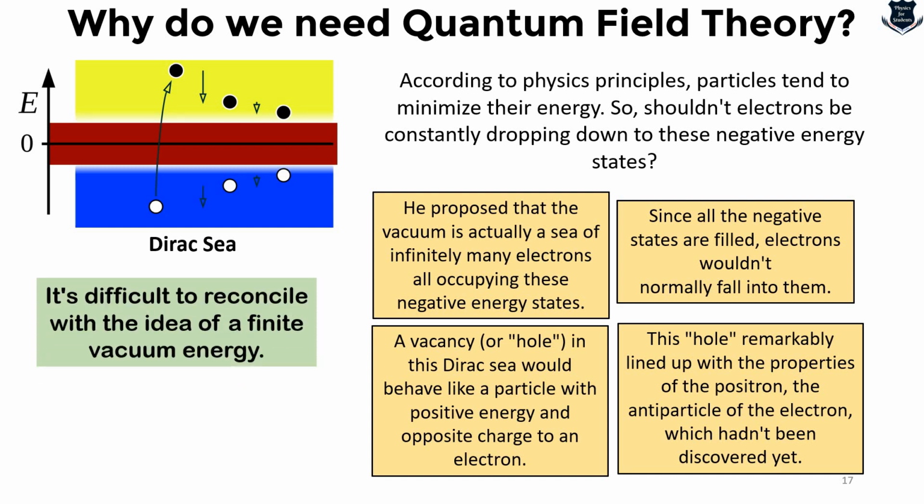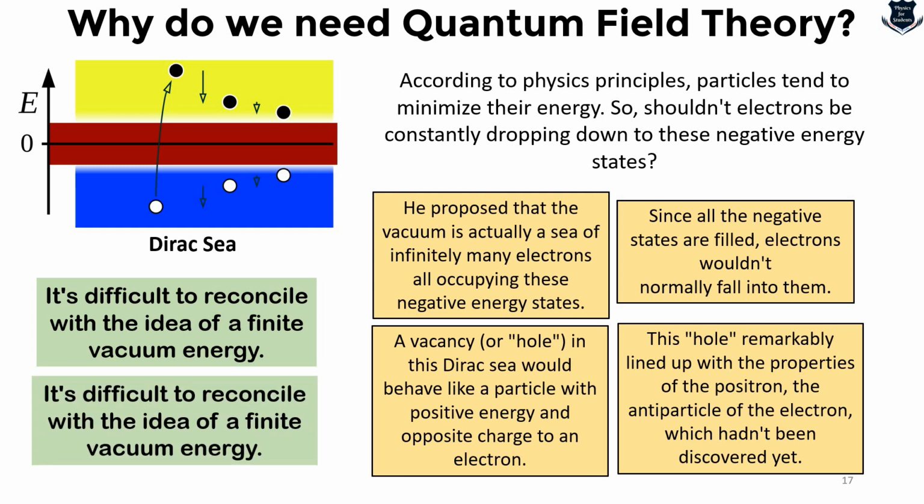So you see, it was difficult to reconcile with the idea of finite vacuum energy. But the stepping stone was that it predicted the existence of a positron, later confirmed in 1932, and it offered a way to understand how particles and anti-particles could coexist. So the Dirac sea itself had limitations. It was difficult to reconcile with the idea of vacuum energy, and it actually didn't handle what is called the